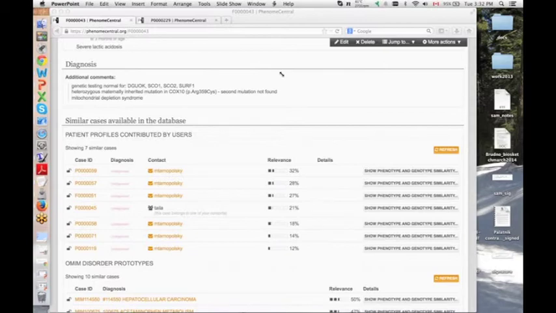We do very much envision, in the near future we're hoping, expanding Phenome Central to include patient-contributed data, but we have to be very, very careful about things like privacy, and making sure that we understand what part of the data is clinician-contributed and hence likely to be more accurate, versus things which are patient contributed and where there could be inconsistencies.